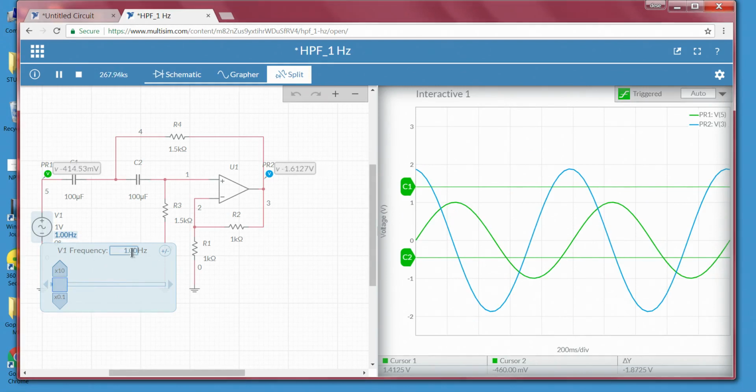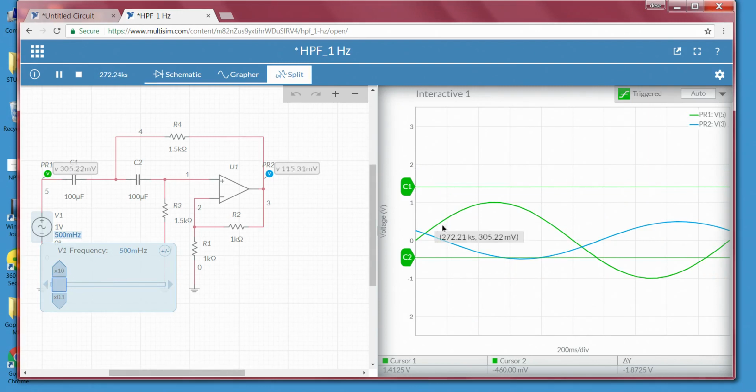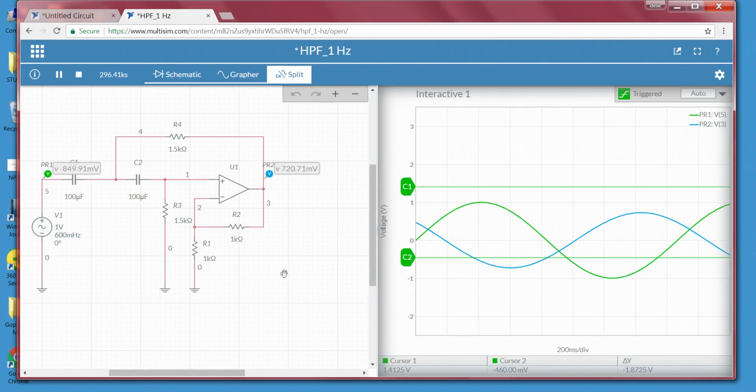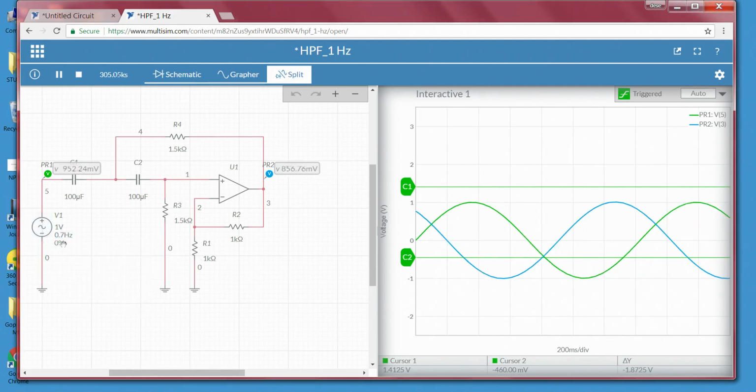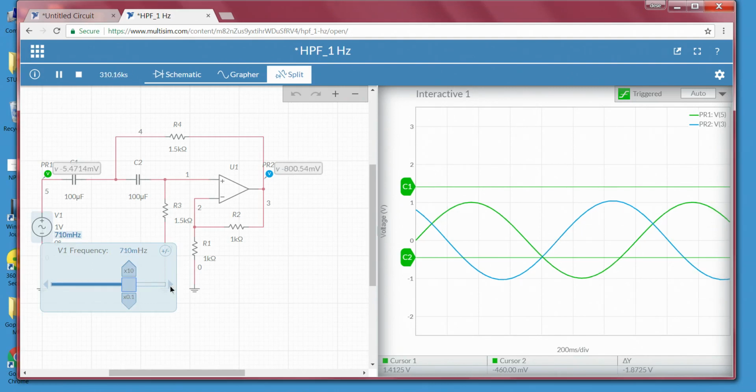See, whenever it is 1 hertz, I started decreasing it. At 500 millihertz, it is even lower than that of our C1. So that means the value is somewhere between 1 hertz and 500 millihertz. In order to understand, I will slowly increase to 600 milli and observe the value. No. Then 0.7 hertz, 700 milli, not even close. Go to 0.8, 705,